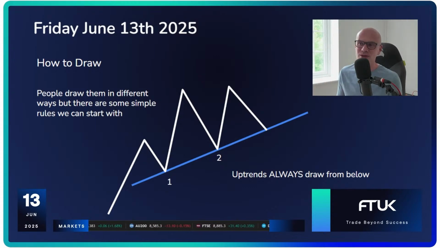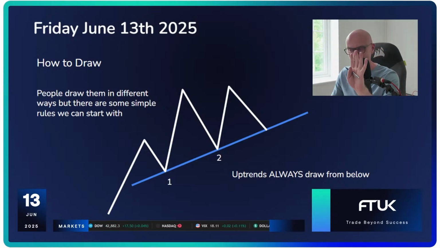People will always draw them differently, but there are a few simple rules that we can apply that we always use. And the first thing is, in uptrends, we always go from underneath. We always look for the market to be supported in an uptrend. So that is where we define our trend line from. Whereas in the downtrend, it's always above. Okay, well, how do we qualify